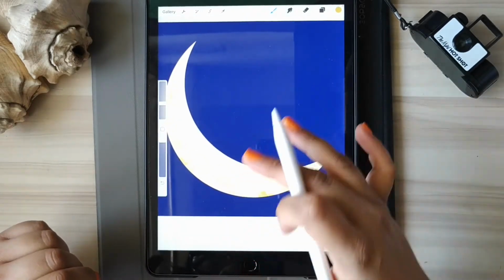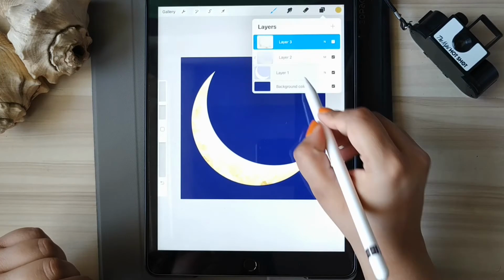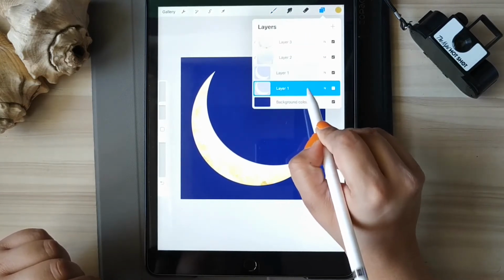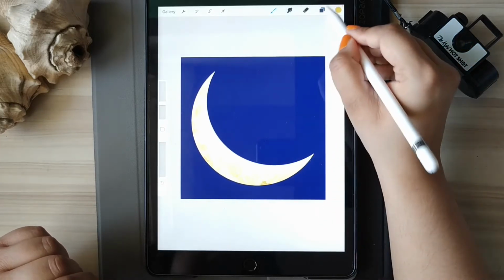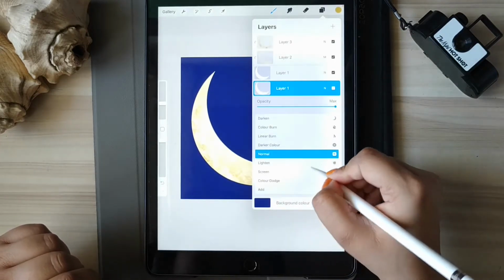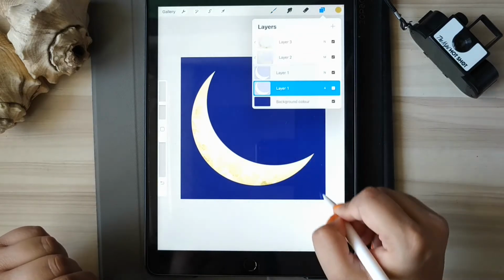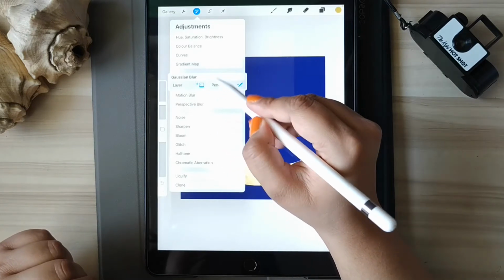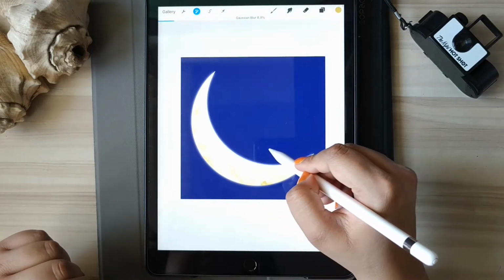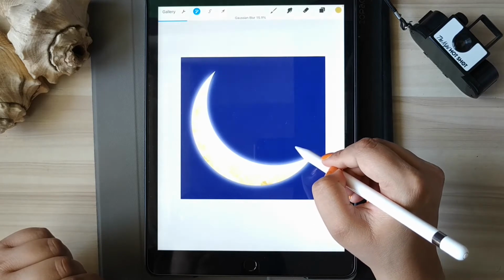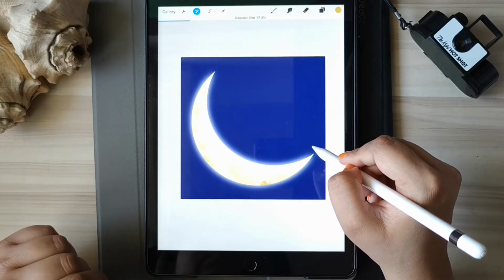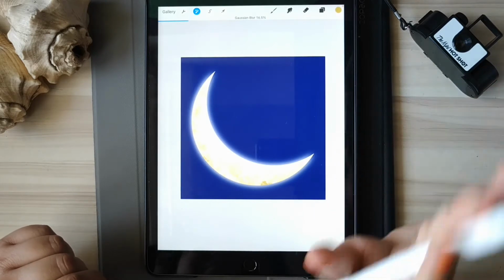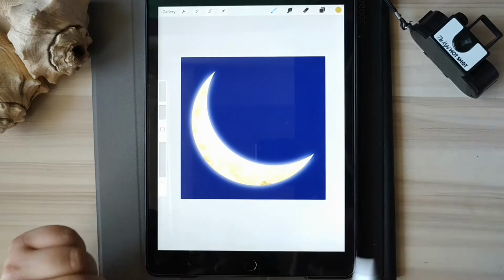What I'll be doing is creating a couple sitting on the moon, but before that let's duplicate this moon, take the layer below the lower layer, and select N and make it add. Then we'll go to Gaussian blur and select layer, and we'll give the moon a highlight. We want to make it look like it's emitting light, although the moon doesn't emit light, but you'll get the point. It looks good.